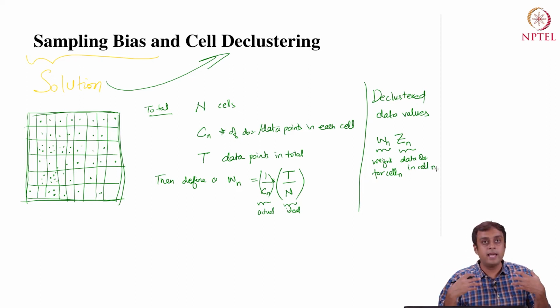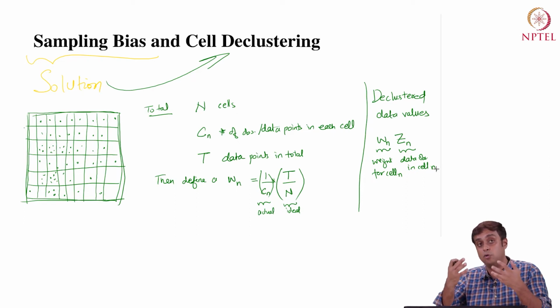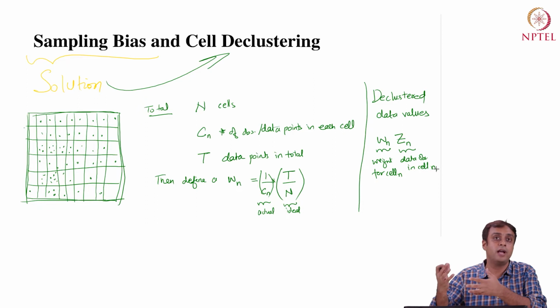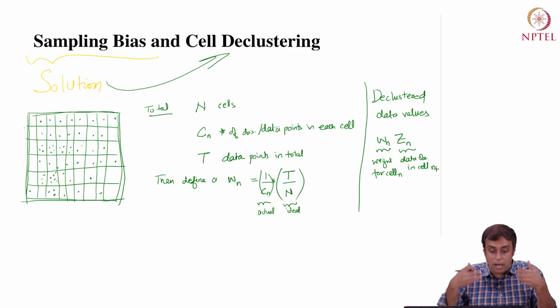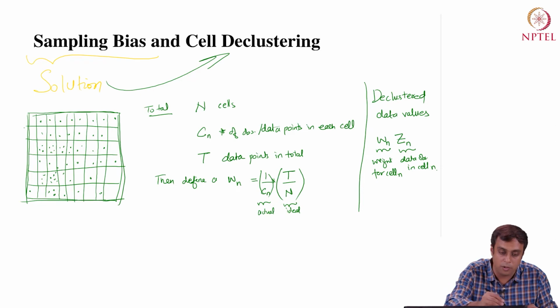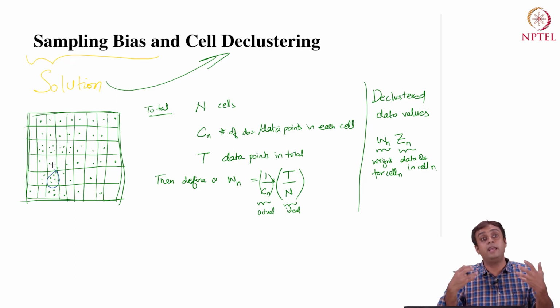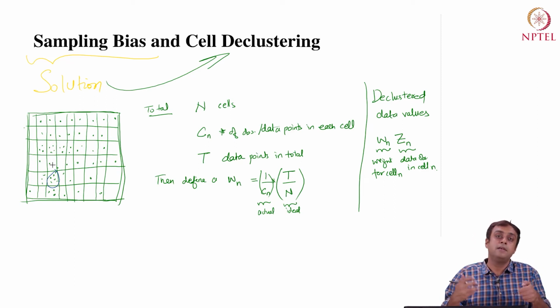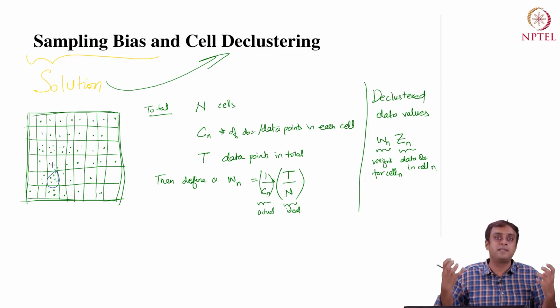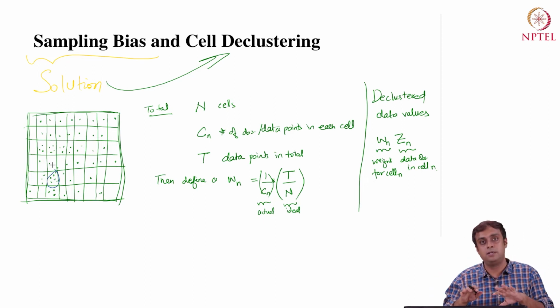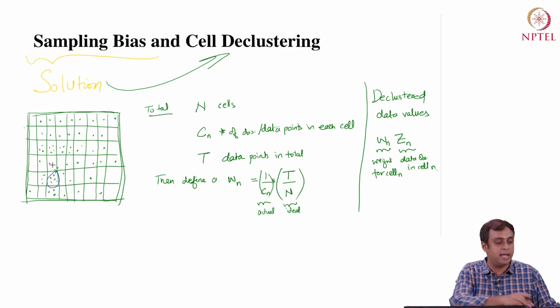Remember, for the cases where you have just one observation, this weight will be higher than for the cells which had more than one observation. So, Wn will start to discount for the density of observations in highly sampled cells. The fact that you might be over-representing these regions will be discounted or normalized by this Wn weight. So, using this weight, we can then define